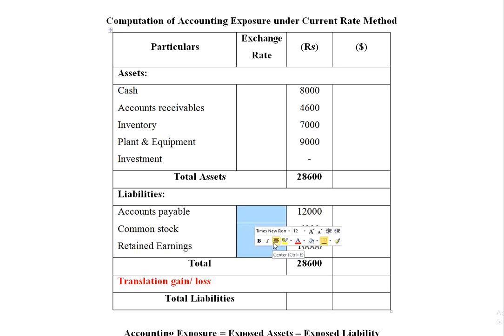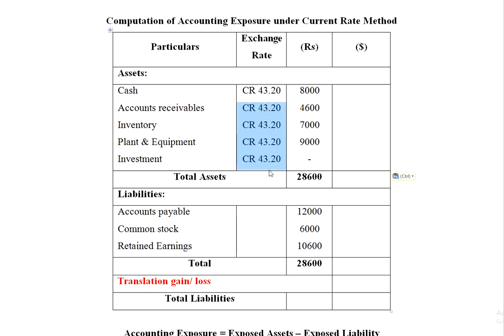So I am going to write down here directly, but please don't scold me, because there is not sufficient time. You have to check your format, which I have already given in the notes in the very first page. Okay, see, as per current rate method, all the items, all the assets are to be taken as CR. So this is given in the format, so I am copying it as it is. All the assets are CR, and accounts payable is also CR, but whereas common stock and retained earnings it cannot be HR as per your